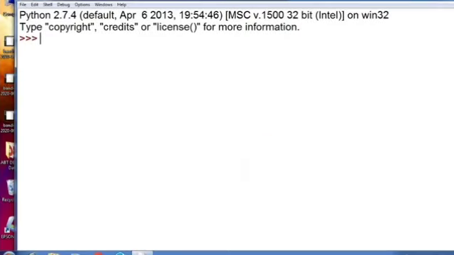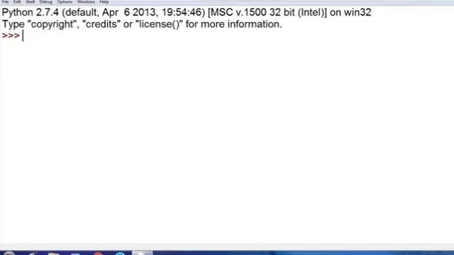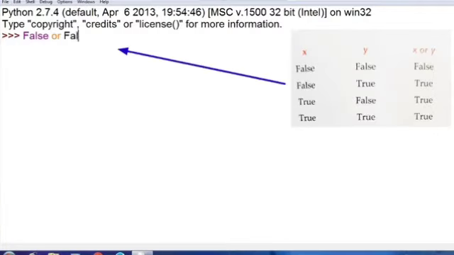For example, let's write here. I am checking it with the relational expression first of all. So I've written here false or false. As we know, the boolean value false has a truth value of false. So false or false will give you the answer false only. And if you write true or false, it will give you the answer true. Why? Because if either truth value is true, the OR operator returns true, and it will not jump into the second one. So now let's check again, true or true. So obviously it will give you the answer true.